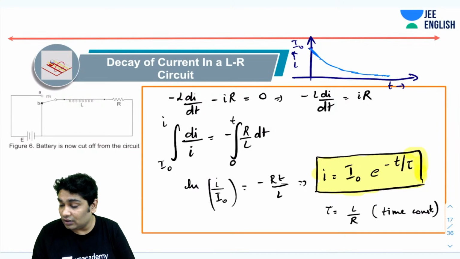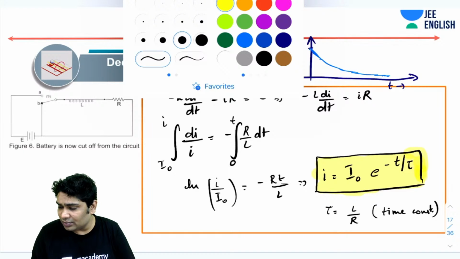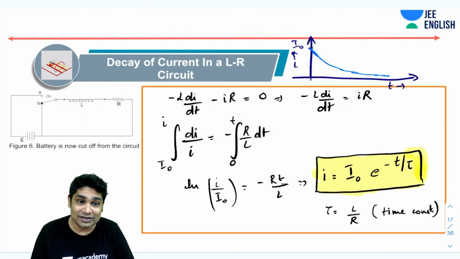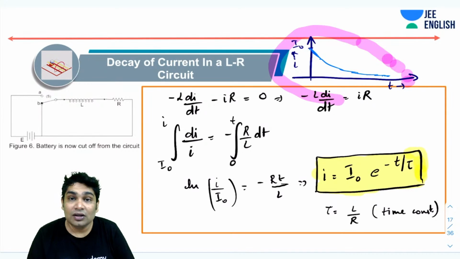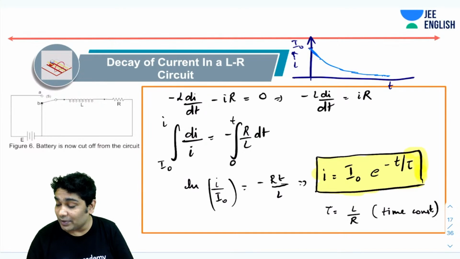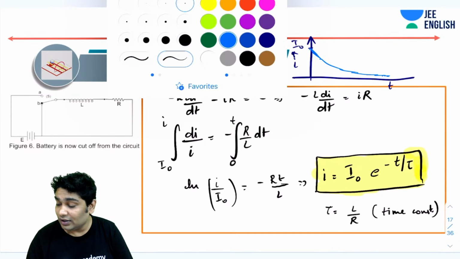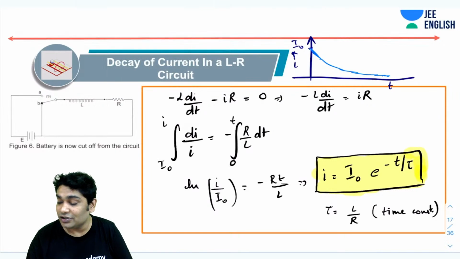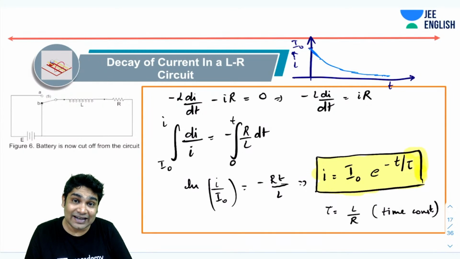For this current that is flowing, you will realize that somebody is providing the power that will get dissipated across the resistor. For this entire duration, power will get dissipated across the resistor. Why? A current is flowing through the resistor, right? So it will be dissipating some energy, heat of I square R. Where is that energy coming from? That energy of flowing this current, and that energy that is getting dissipated across the resistor, is the energy stored